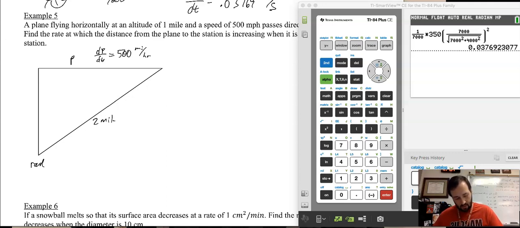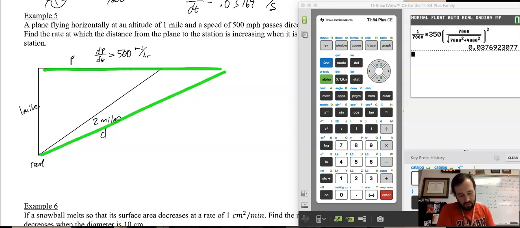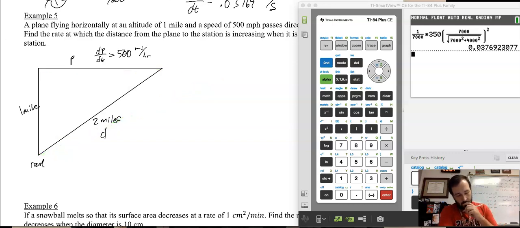And I'm talking about the instant that the plane is 2 miles away from the station. So just be careful on this, because the distance from the plane to the radar station is this distance right here. That's the distance we're talking about. Okay, horizontally at an altitude of 1 mile. So this altitude, we're assuming the plane doesn't go up, doesn't go down at all as it's flying. It's staying that constant 1 mile above the radar station the entire time. So I'm trying to find, I'm going to call this side length d. It's trying to find the rate at which the distance from the plane is increasing. So it's trying to talk about how this distance is increasing as the plane is flying this direction, right? So it should be positive. Both of these are getting bigger as they go. So let's see. I'm trying to look for d dt equals what when d equals 2,